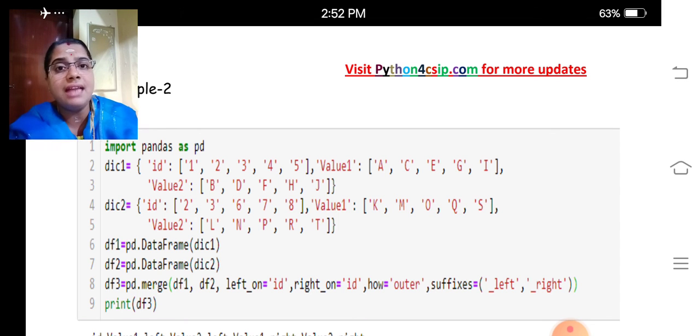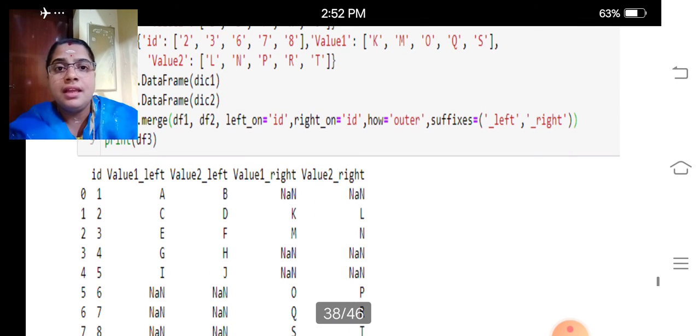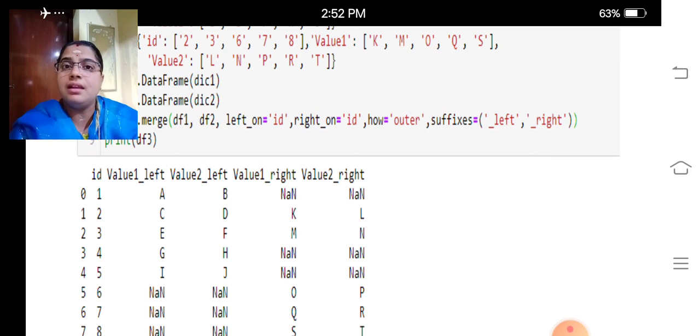So according to that only we are getting the values. Look at the output. Here I am getting value 1 left and value 2 left, value 1 right, value 2 right. I think you are all clear about how to join in an outer manner using the merge operation in data frame. Thank you.